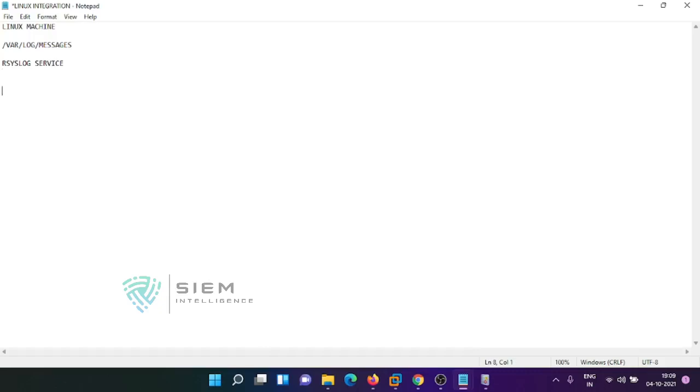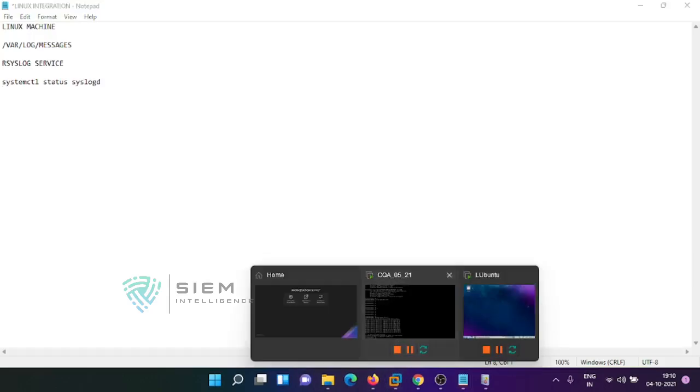In the latest scenario, first we need to check whether the service is running with systemctl status syslogd. This is the command, or we'll see it in the system itself.